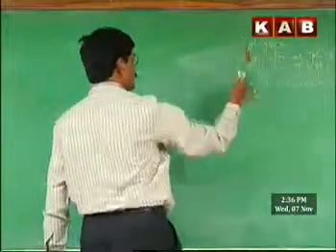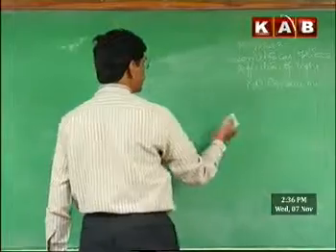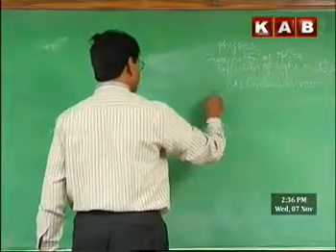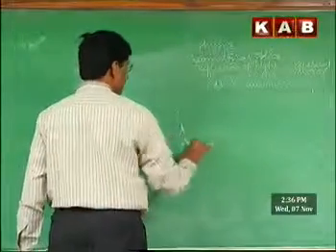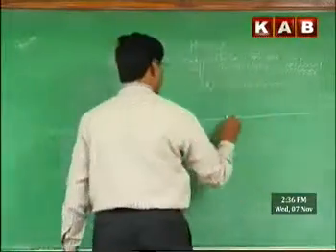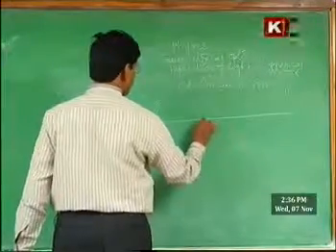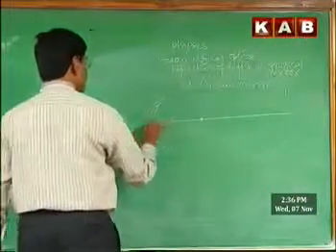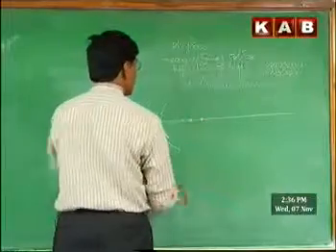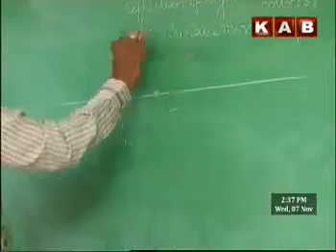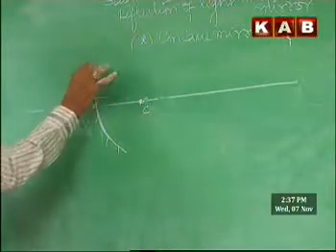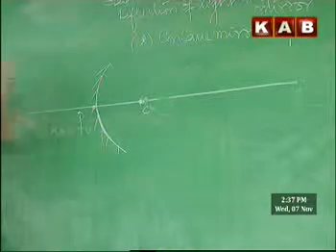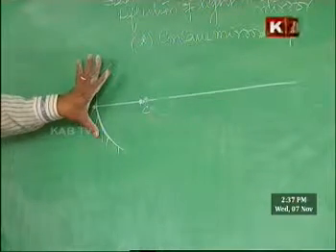Next we will consider the case of image distance and object distance in a mirror. Consider a concave mirror here. We are considering a concave mirror. The center of curvature is somewhere here, and this is the pole of the mirror. This is the center of curvature, because it is the center of the sphere. Assume that the mirrors we are considering are small aperture mirrors.